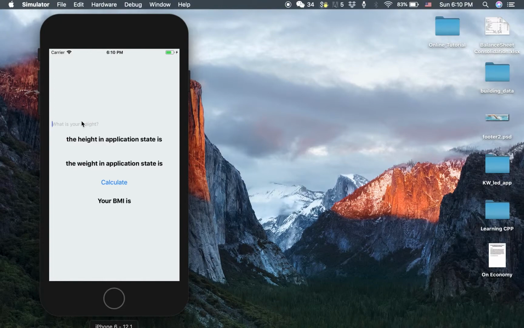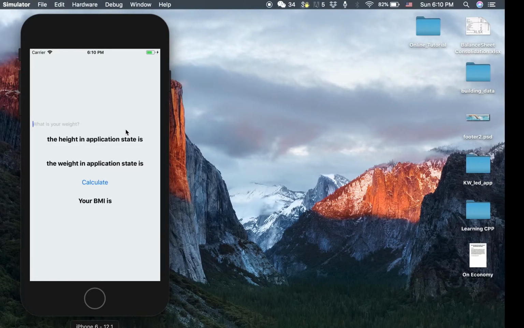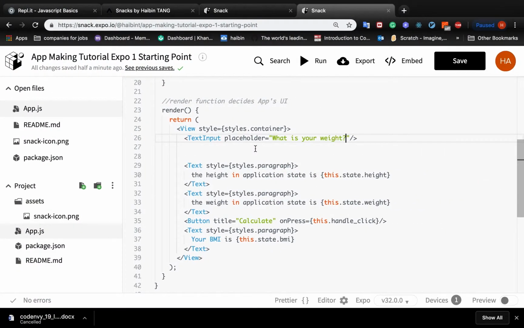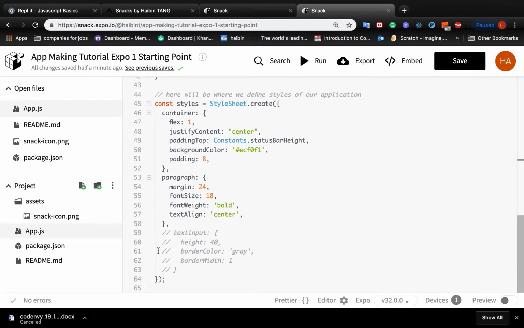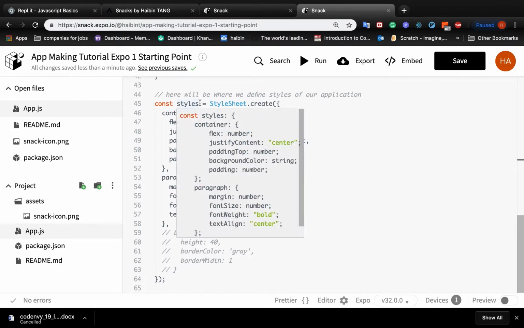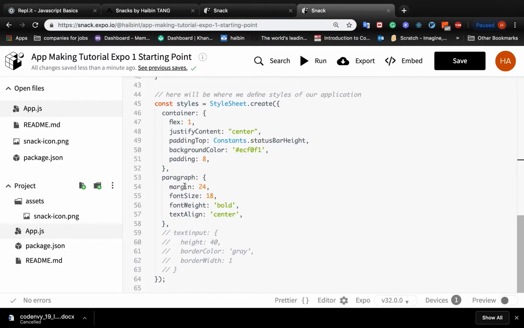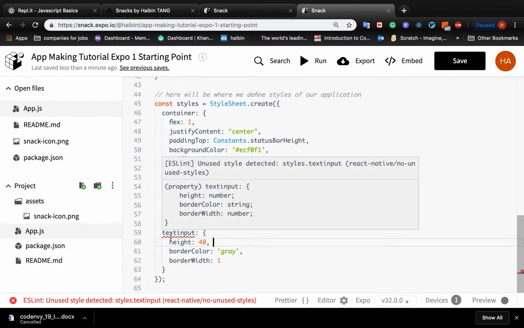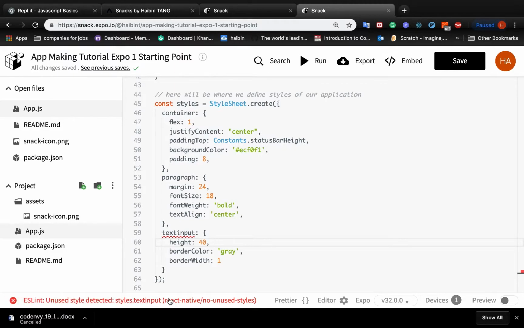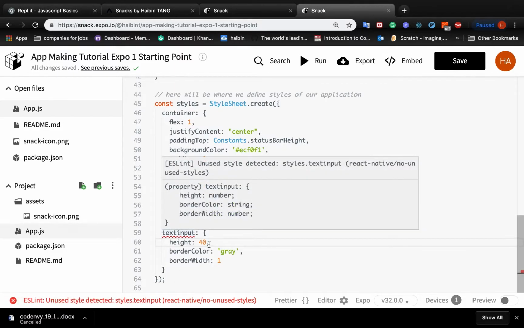And then you notice this thing, it's kind of ugly. It's all the way to the left, and it's not clear, and it's kind of difficult to read. So what I did was I created another style here, inside of, this is all styles. There are a bunch of styles applying to different kinds of components, and I created another one called text input style. Let me uncomment it, and it's warning us because I have this but I never use it,